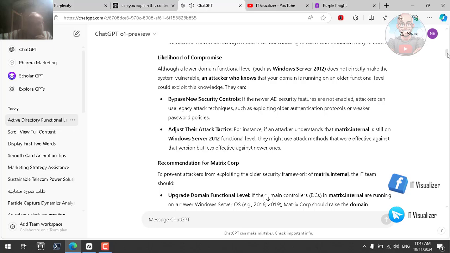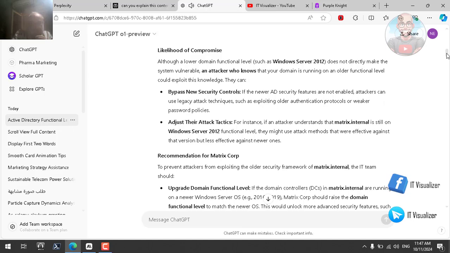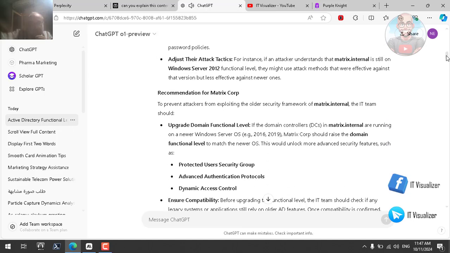For instance, if an attacker understands that matrix.internal is still on Windows Server 2012 functional level, they might use attack methods that were effective against that version, but less effective against newer ones. Recommendation for Matrix Corp. To prevent attackers from exploiting the older security framework of matrix.internal, the IT team should upgrade